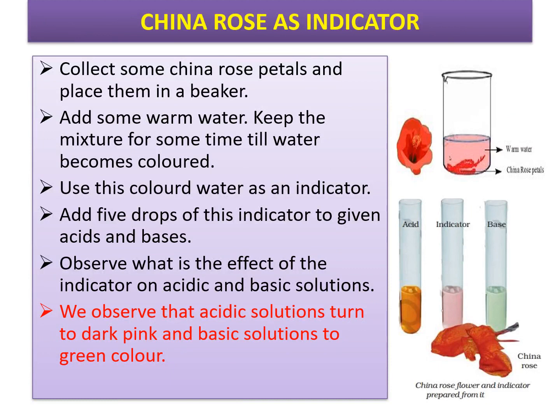Children, you have already learned about three types of natural indicators: litmus paper, turmeric paper and China rose petals. In the previous video you learned about litmus paper and turmeric paper. Now today we are going to learn about China rose petal as an indicator. So for that, let us do one experiment to show how it works in acids and bases.